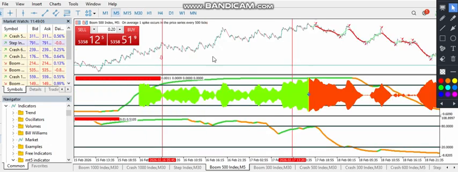So as we can see, this is the 5-minute time frame. We can see that we have the trend above the 80 level here, and we also have it above the 80 level here. We can see that it starts going above the 80 level at this particular area, and that is where we start having our pullback. We have our yellow arrow appear here, and we have it also appear here. So what we need to do is, once we have the confirmation on the 5-minute time frame and we can spot our arrow in all those places,